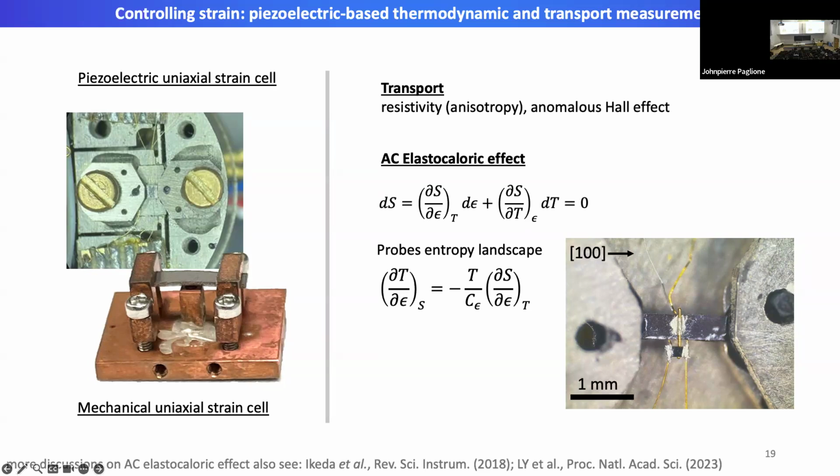And then you can achieve a deformation of the crystals by the piezoelectric stacks underneath. And in the second setup, we have a 3-point bending device where you can use the screws to really bend the beam here. And if the material is long enough, you will be able to achieve a uniform strain at the center of the beam.